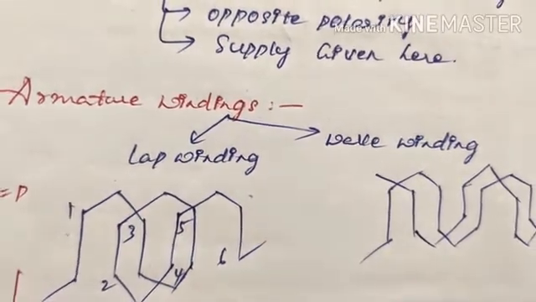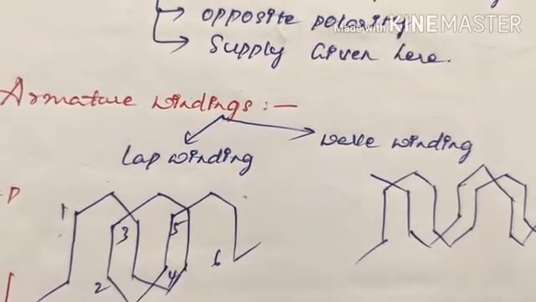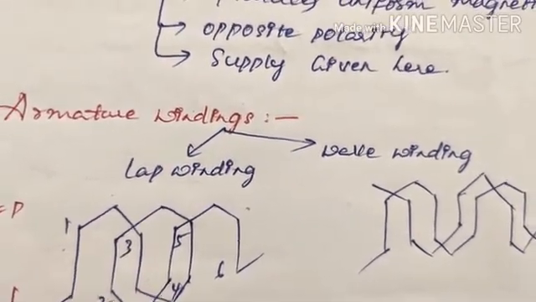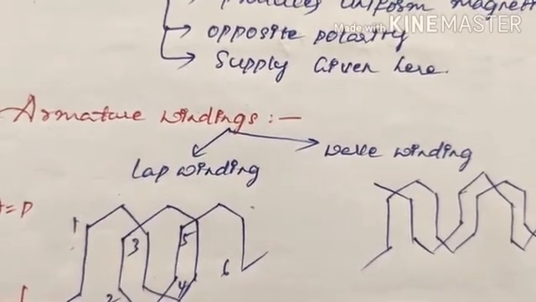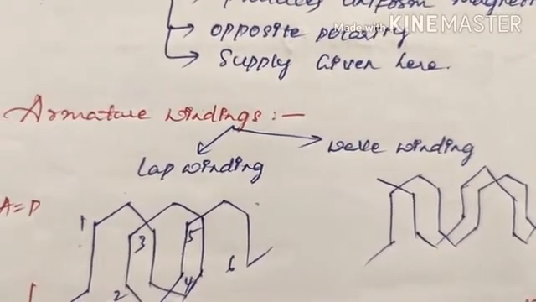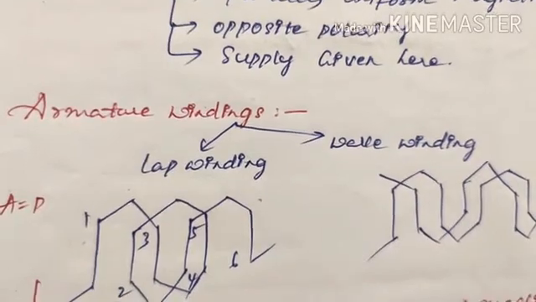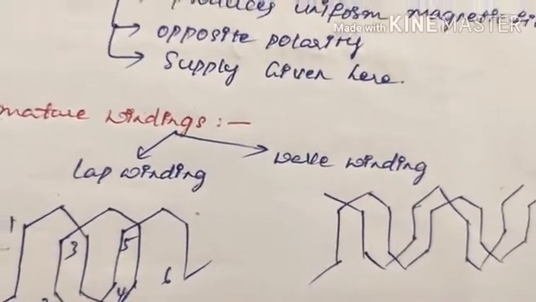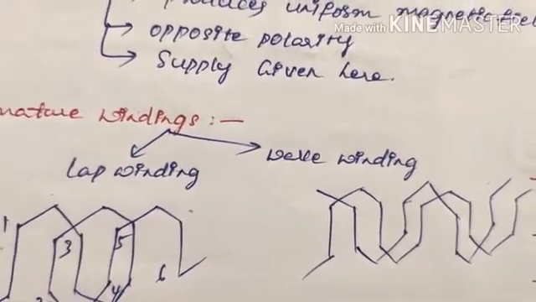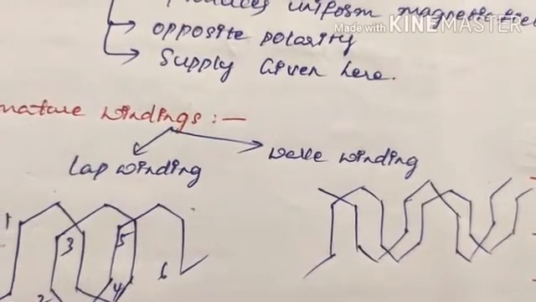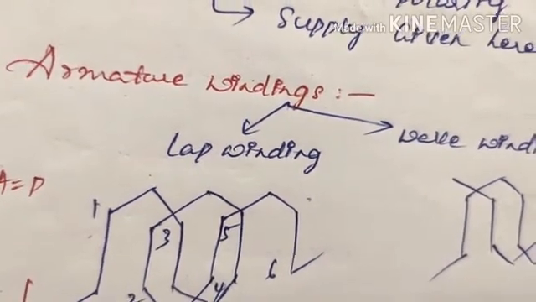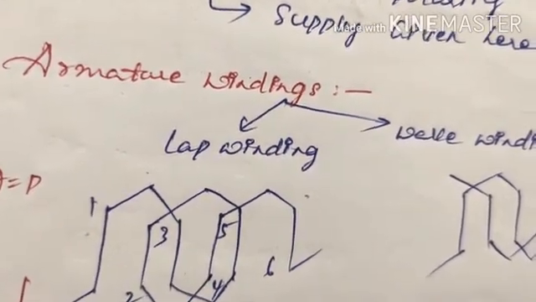Armature windings. Armature windings are of two types, that is lap winding and wave winding. In lap winding, look into the figure, each and every wave gets overlapped with the other wave. That means the ending position of the first wave will get started with the starting position of another wave. Whereas for wave windings, it is a continuation of each and every wave, just an overlap and continuation. That means the number of parallel paths for wave winding is 2. Whereas for lap winding, the number of parallel paths equals P.